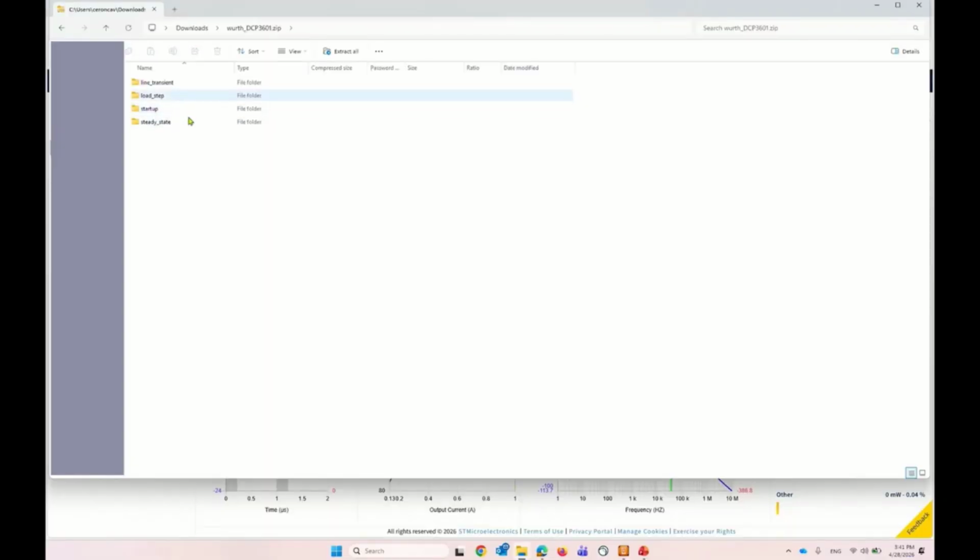zip file. In this case it would be Wurth dcp3601.zip, and you're actually going to get four benches. So in this case, for the 3601, you're going to get a line transient, load step, startup, and steady state bench. So we're going to keep it simple. We're going to go and see steady state. And steady state